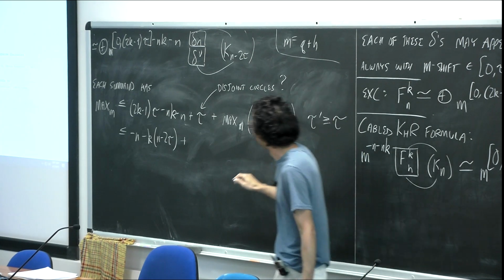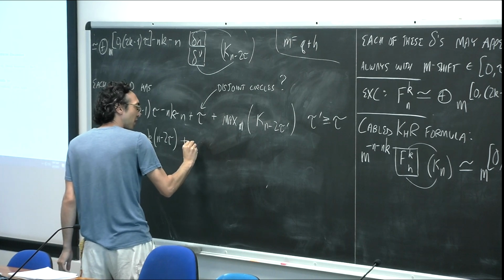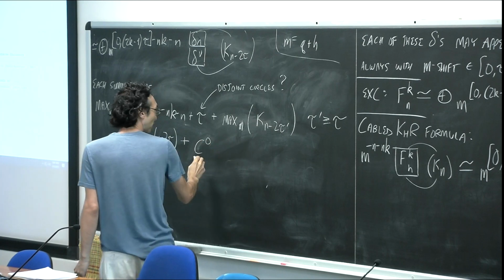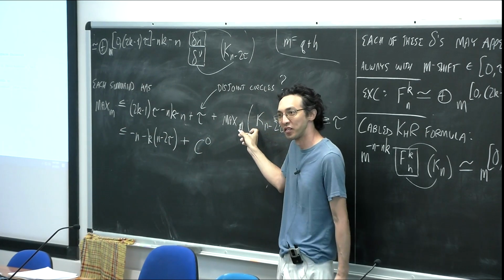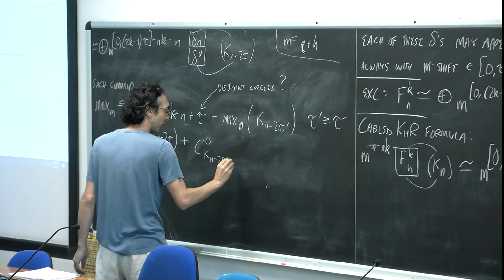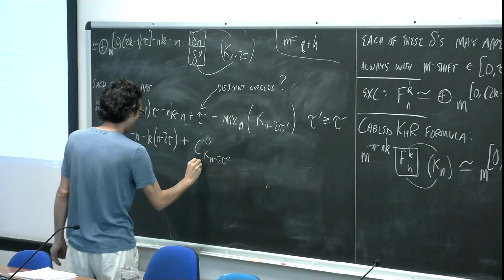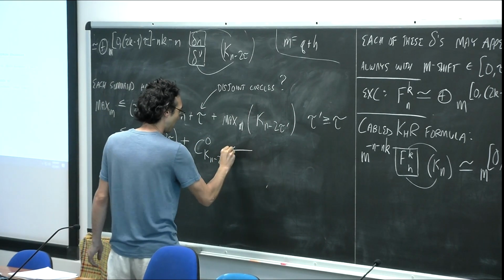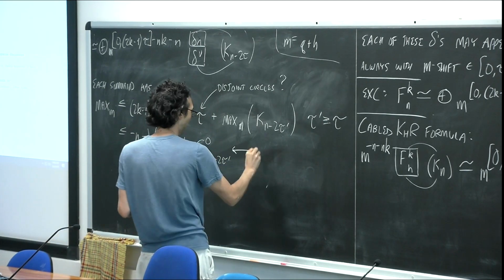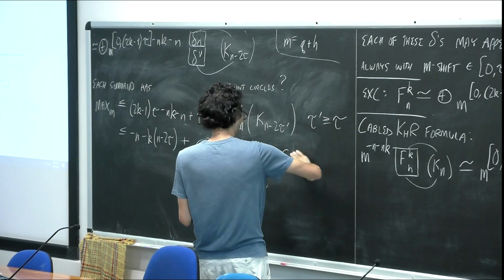Okay, and so now, let me just write it, and then I'll try to say what this is. So I claim that there's a bound on this that depends on this. Okay, how do I want to say it? I want to say it is